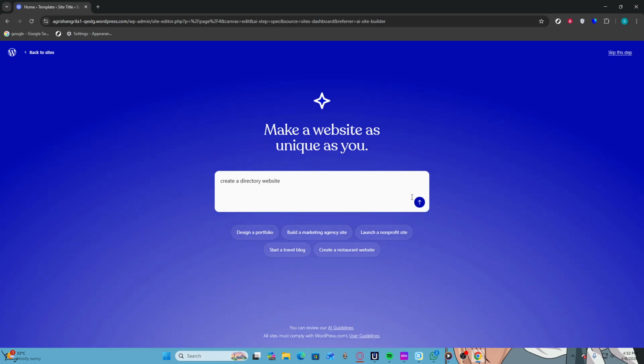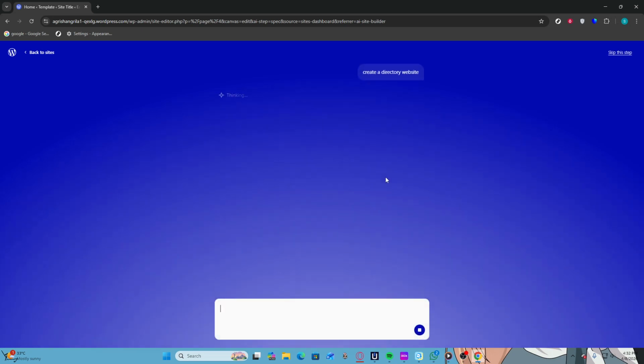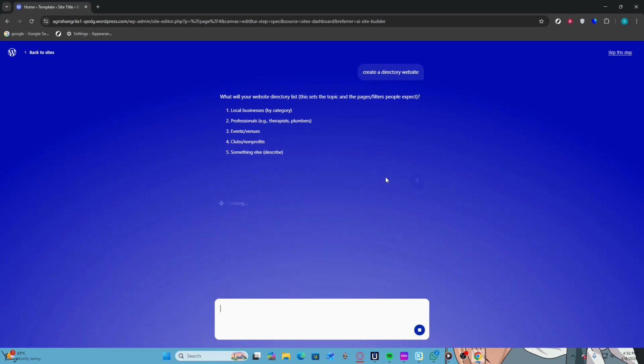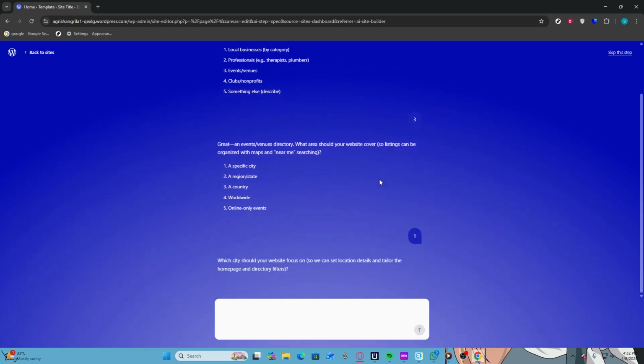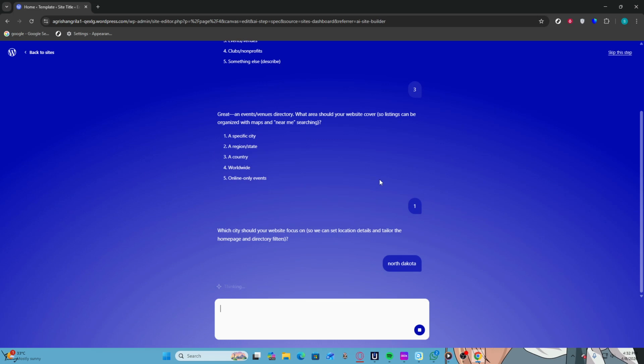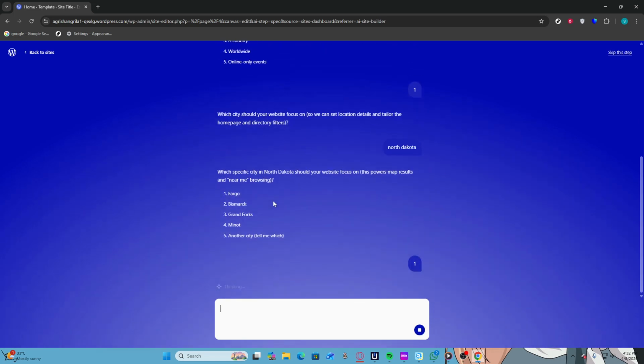After entering the text, press the Enter key to submit. Following this, a confirmation message will appear indicating that WordPress.com can create a directory website based on your input. This feedback is essential to confirm that the system has recognized your request. Next, you will be asked to choose from the options presented to you. Type in your selection, which should reflect the choice given above, and then press Enter again to continue to the